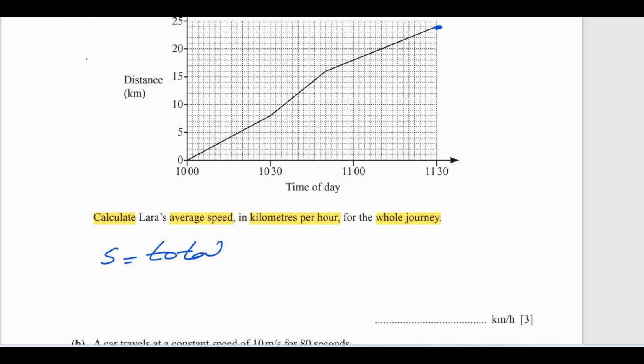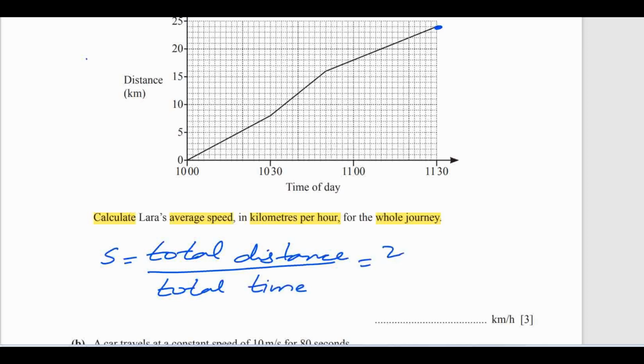total distance divided by total time. So this will be equal, total distance is 24. What will we take for total time? Total time starts at 10 o'clock and goes to 11:30. It means 1.5 hours. So 24 divided by 1.5. So we can further write it as 24 divided by 15 by